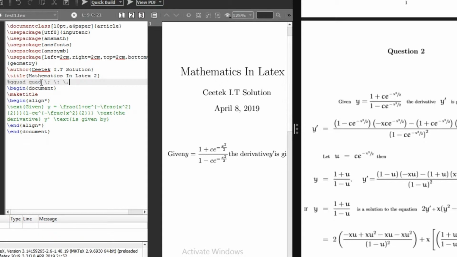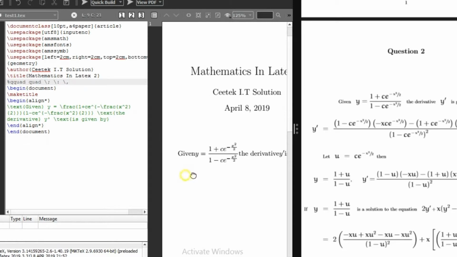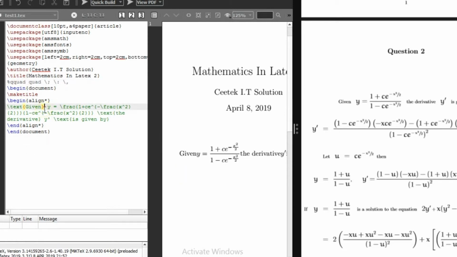There is more to this, but most of the time this is what you're required to use, right? So let's use this spacing to format our document and see how beautiful it becomes. So I'm going to use the quad right here. So quad, so backslash quad,